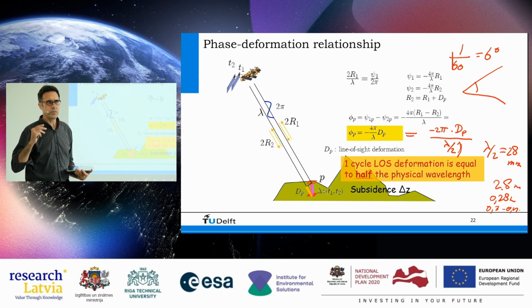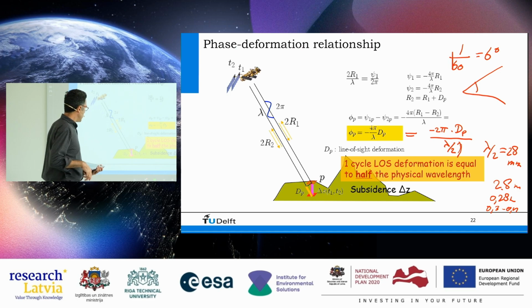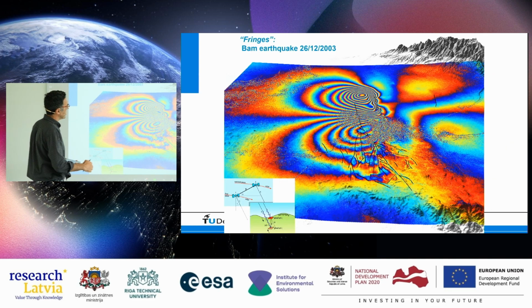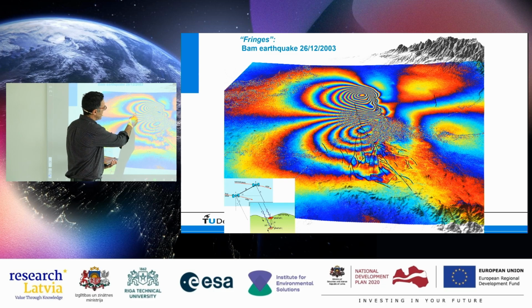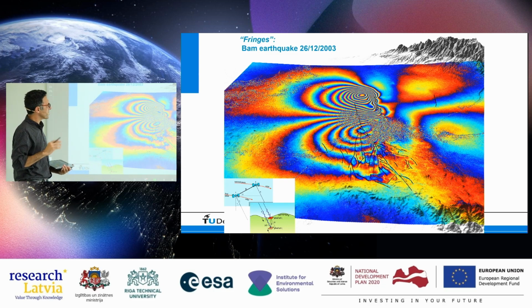Right? And that is the crazy thing, right? So we have a sensor which is 800 kilometers in the sky, but if something here on the ground moves with half a millimeter, that is, less than several pages of A4 paper, we're sensitive to this. And so the key thing is this interferometry part. So if you look at an example here, another earthquake, we can measure the deformation very, very precisely. There are other error sources, I will talk about that later, but in principle the measurement is sub-millimeter.